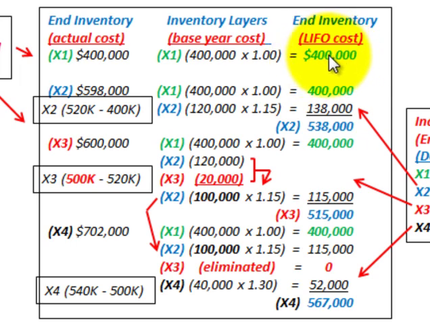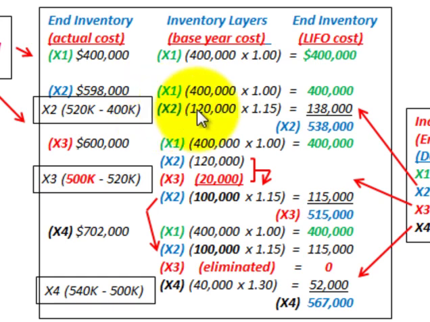That's 400,000. Now let's look at year X2 here. Well, we take the year X1 base year layer of 400,000. That's our base amount here, and convert it over here with our index, again 400,000. So this is going to be the same for each of these years. Now we have to take into account